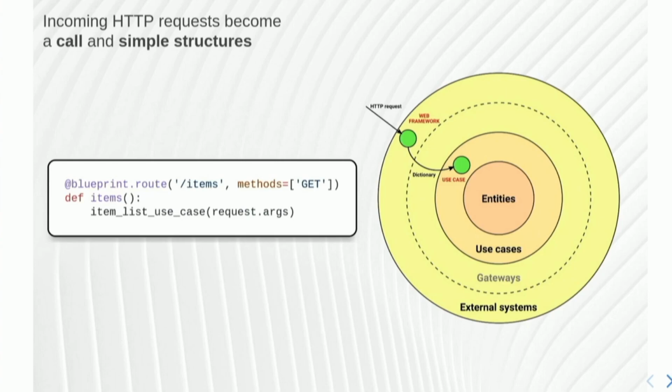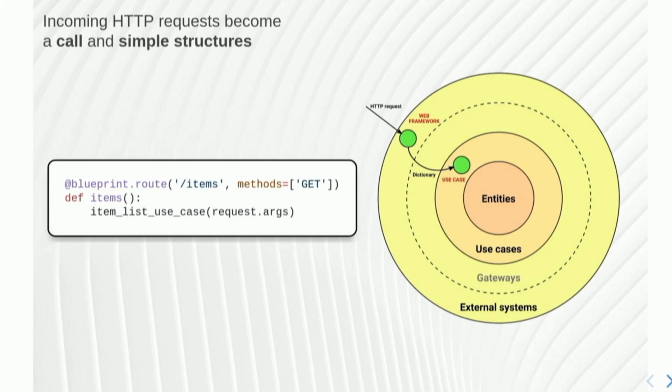Here, you see that the web framework communicates with the use case with simple structures. What does it mean? In this case, I'm using request args for the sake of simplicity. It's just a dictionary. And it's a simple structure because it has been defined in the language, right? So it might be an entity or it might be something that the language defines. All these things exist in Python. So whatever is defined in Python as a core language is available. So I'm sending to the use case a simple structure, something that the use case can understand.